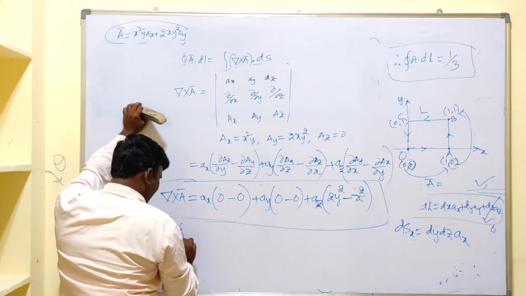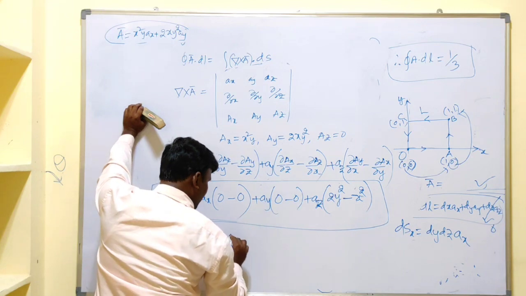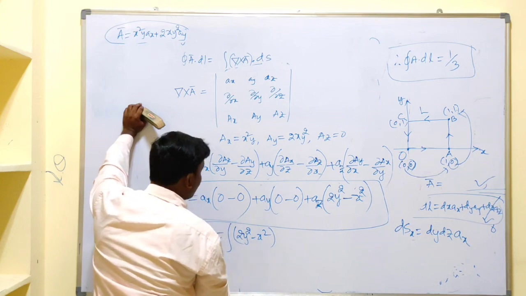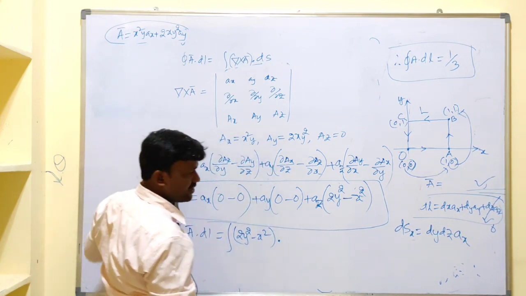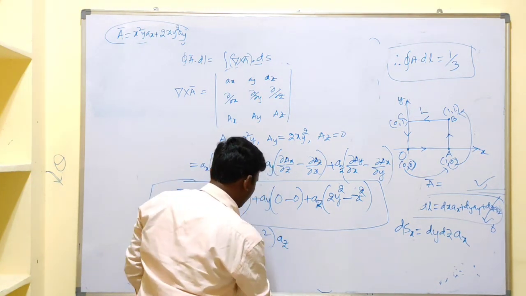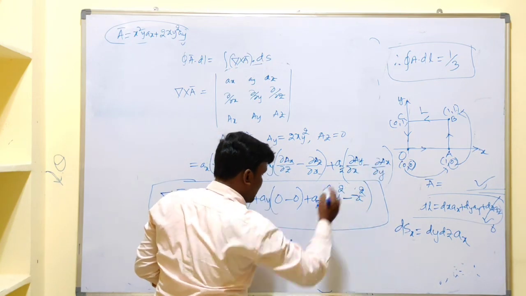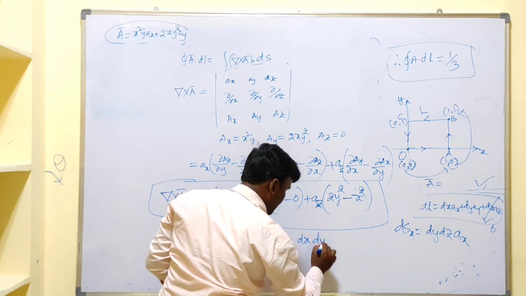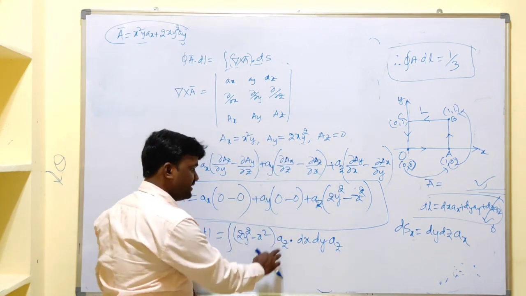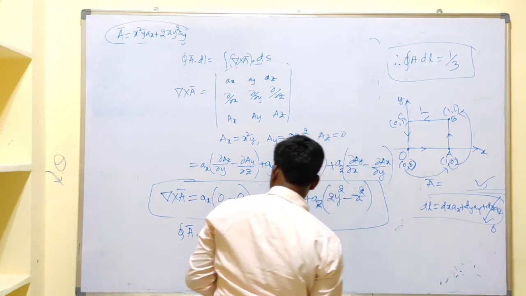What you require? Integral A dot dl is nothing but what? Now it is del cross A. What is del cross A value? You got, that is (2y square minus x square) integral dot ds. What is ds? Just now I said differential surface area normal to that plane, along x dx dy, and surface area normal to xy plane means the unit vector should be az, az dot az. Now simplify this.